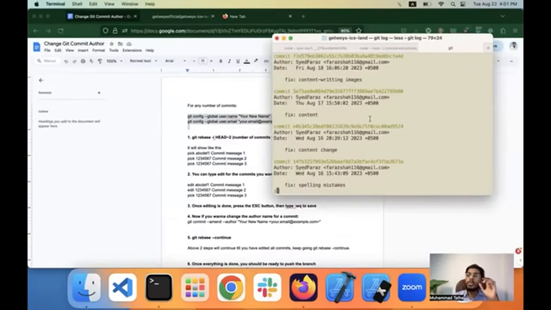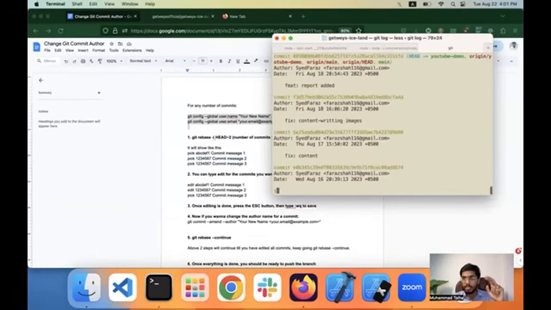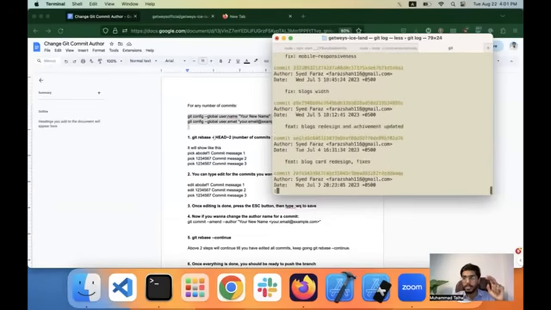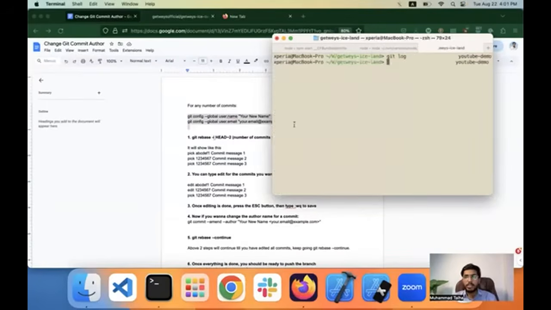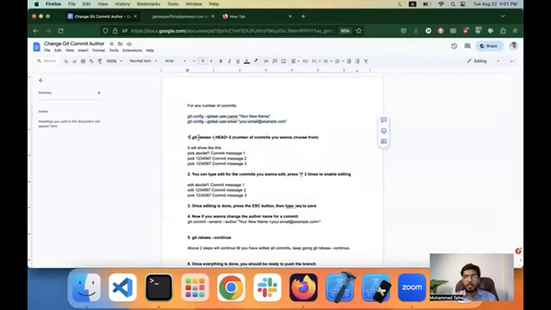So now we're gonna count the number of commits till the last change has to be made. For example, if till here you need to make a change, you need to count all the commits, not only the commits that need to be changed. So in our case, only 2 commits need to be changed, but we're gonna count all. So for example, 1, 2, 3, 4, 5. There are 5 commits that I want to play with. All right. So what I'm gonna do is I'm gonna type this command,